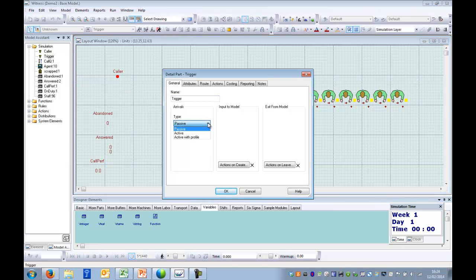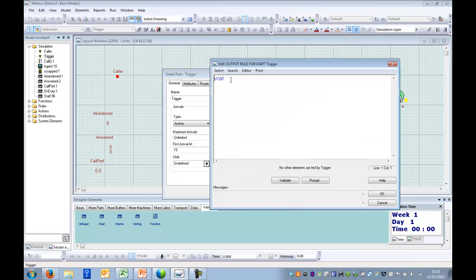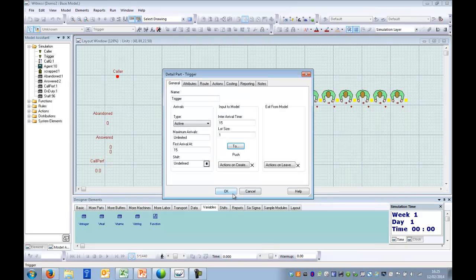So this trigger is going to be creating a part every 15 minutes. So I select active, and I want a part to arrive every 15 minutes, and every 15 minutes I want to update the number of staff on duty from my staff variable that I've read in. In this case, my first arrival wants to be at 15 minutes, and as this part is purely a trigger, it's just a dummy part, I can push to scrap to get rid of it and remove it from the model itself. Okay, so the idea of that is purely to give me this actions on create position every 15 minutes, where I can update my